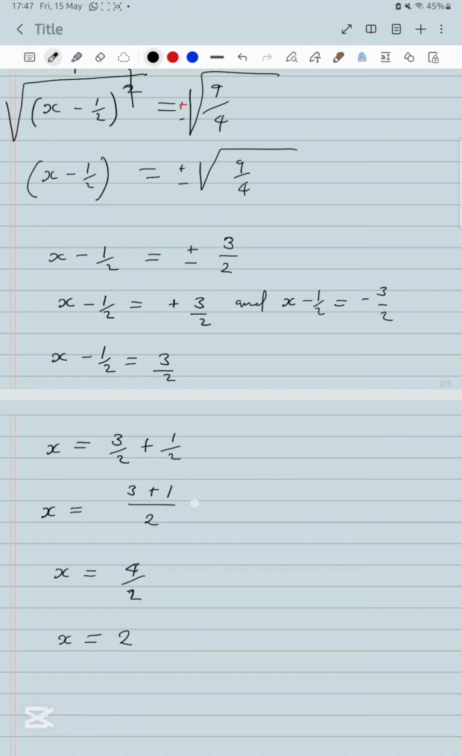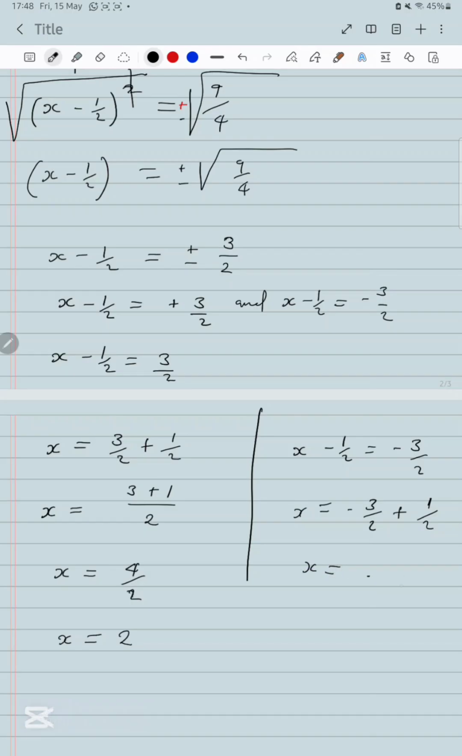Let's go to the other side. This part now. So we're going to have x minus 1 over 2 is equal to negative 3 over 2. So our x is equal to negative 3 over 2. Negative half crosses the equal sign, meaning it becomes positive 1 over 2. So x will be,